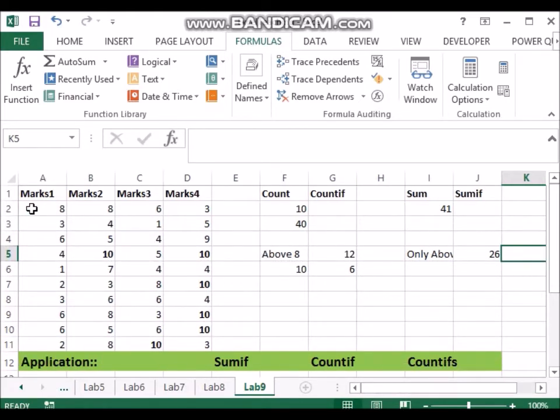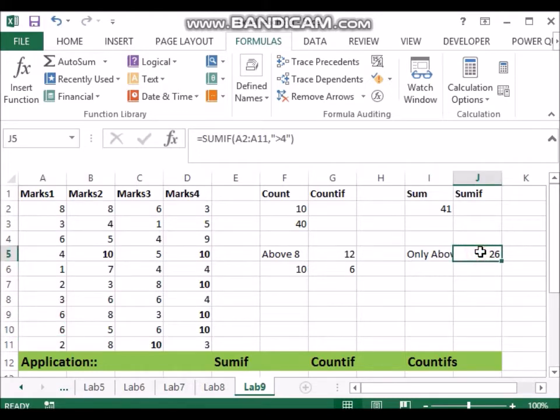Now if you notice, the total sum was 41, and now the total is coming to 26 for above 4. We can cross check it. It's 8, 6, 8 plus 6 is 14, 14 plus 6 is 20, 20 plus 6 is 26.